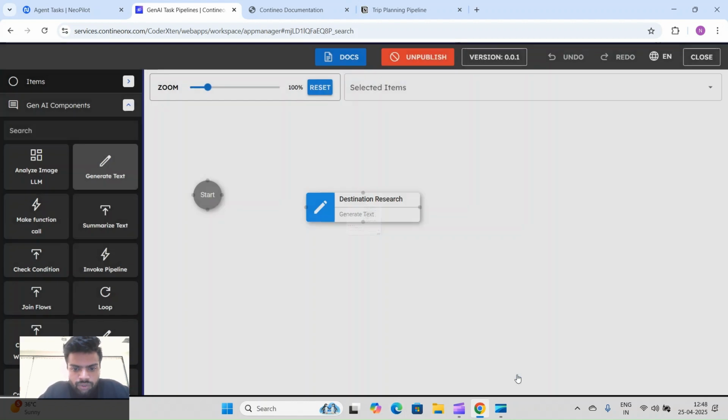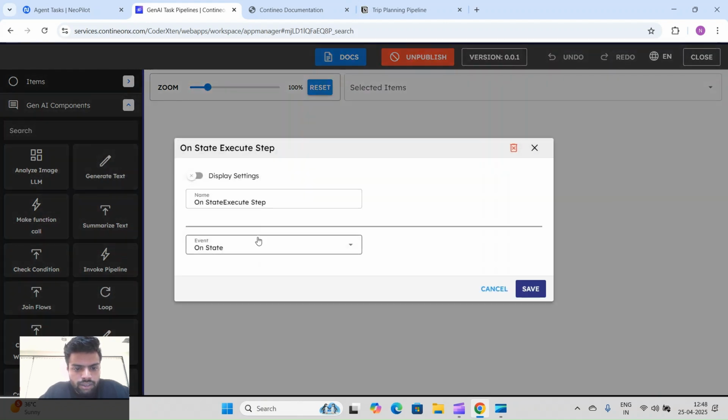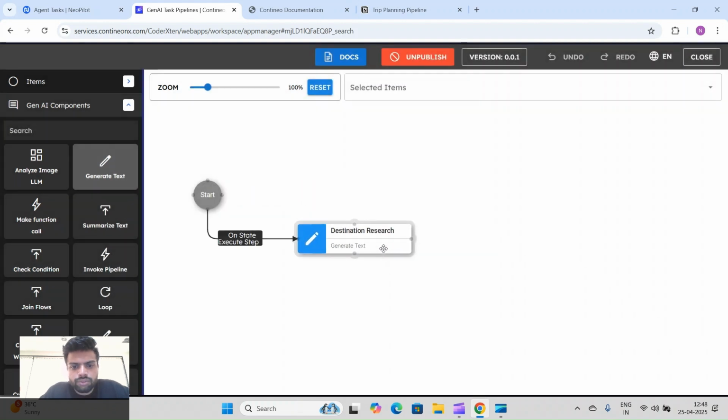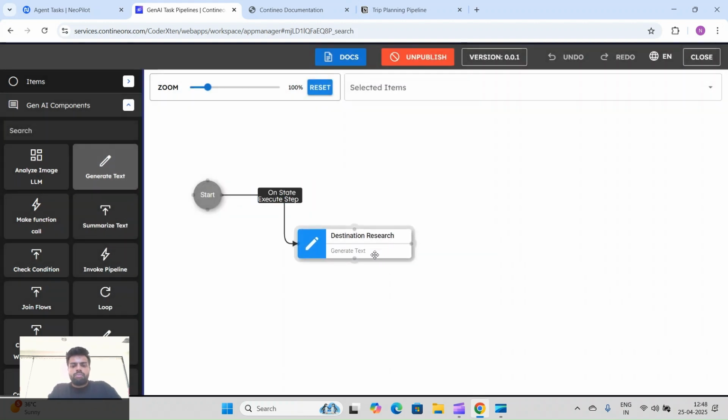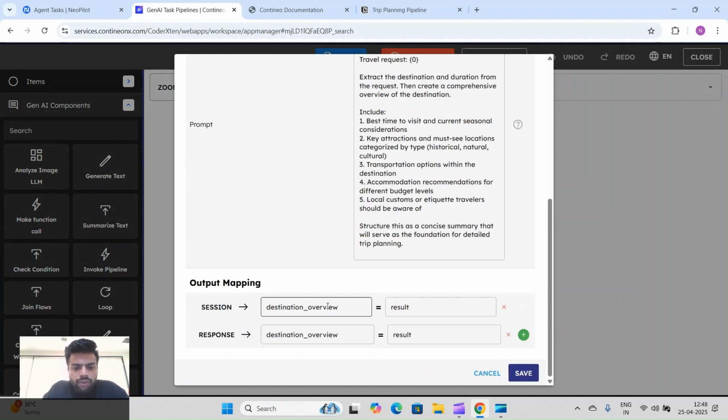So I will click on save. You can see we have got our first block here. In the same way I will connect this on save. So we got our first block in place, where we are doing the research of the destination. This block will do that research and save those details in this destination overview.